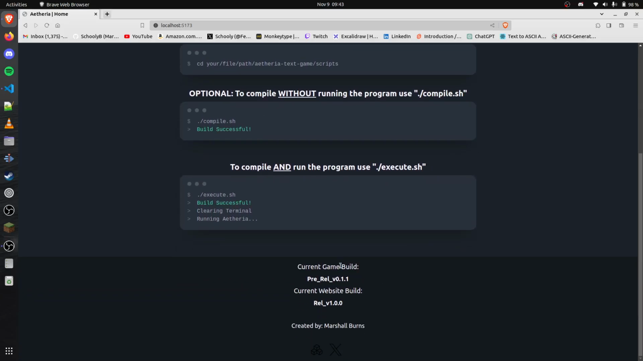In the footer, I have the current game build and the current website build. These numbers are updating dynamically every time I push to my development branch. I have a script in place that updates them every time I make that push. So that's pretty cool. In the footer, I also have my little